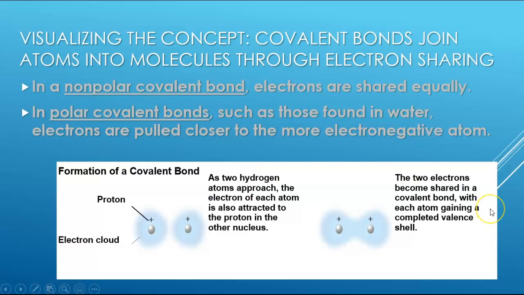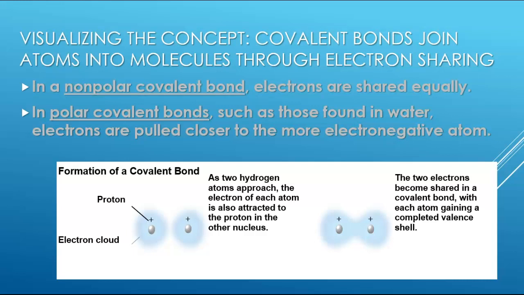All right, so let's look here. In a nonpolar covalent bond, that means that the electrons are equally shared, okay? Those are called nonpolar covalent bonds. But there are also covalent bonds that are called polar covalent bonds, like the ones you find in water. In a polar covalent bond,